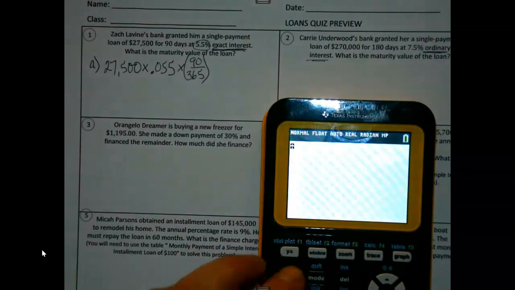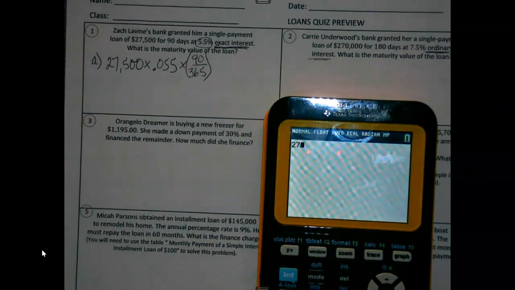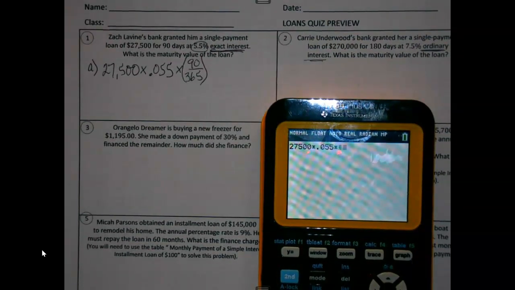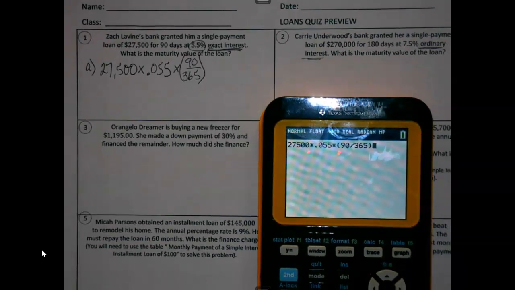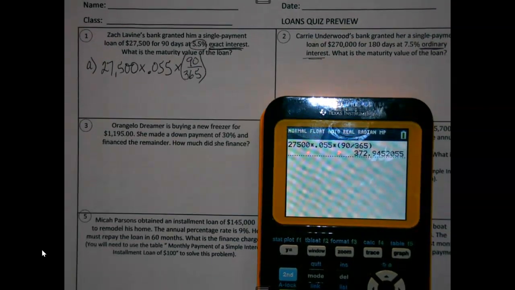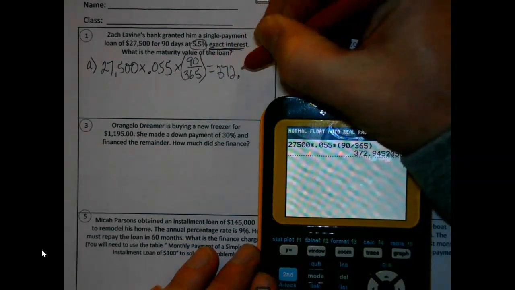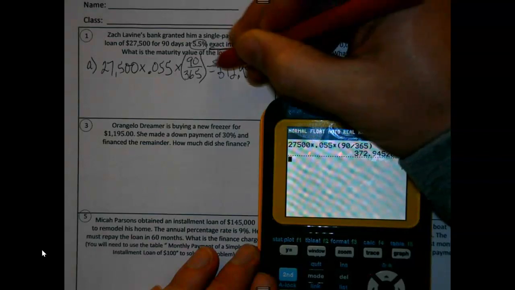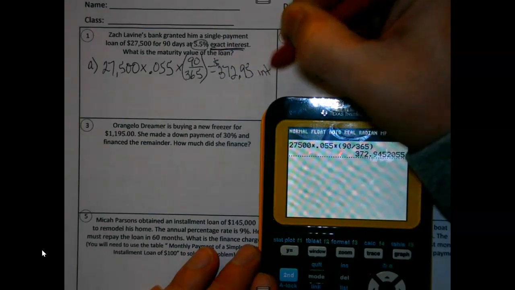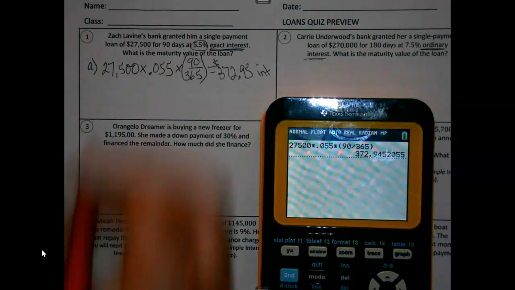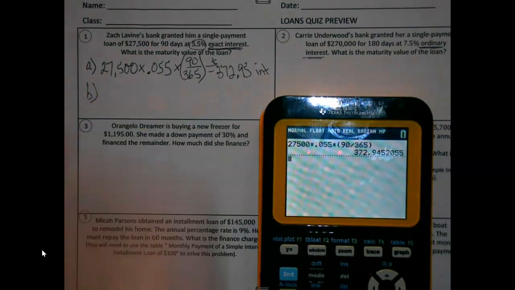So, ooh, that's bright. Hang on just a sec here. All right, so 27,500, 5.5%, and my fraction in parentheses. This is the interest, but that's not like the answer, but it's part of what we need to get there. Once I know how much interest I'm paying for that 90 days,